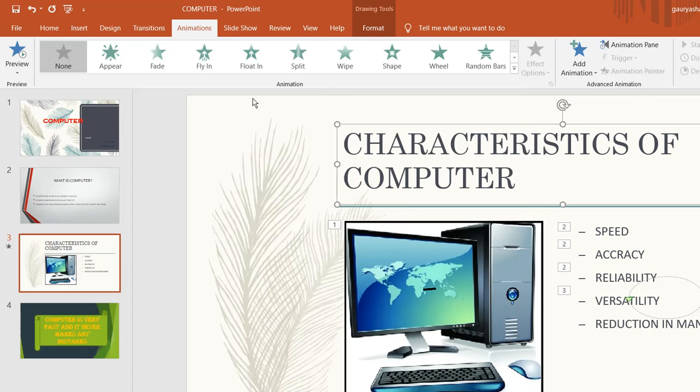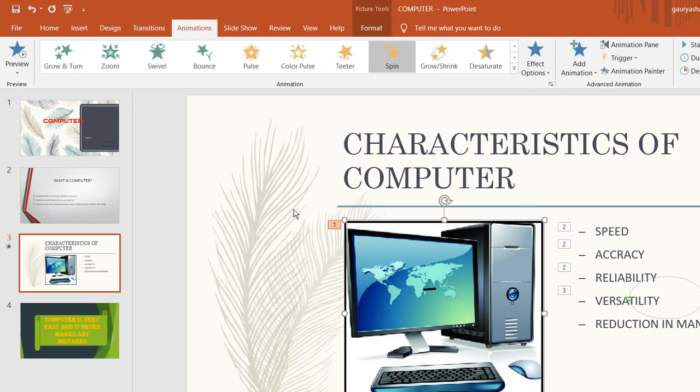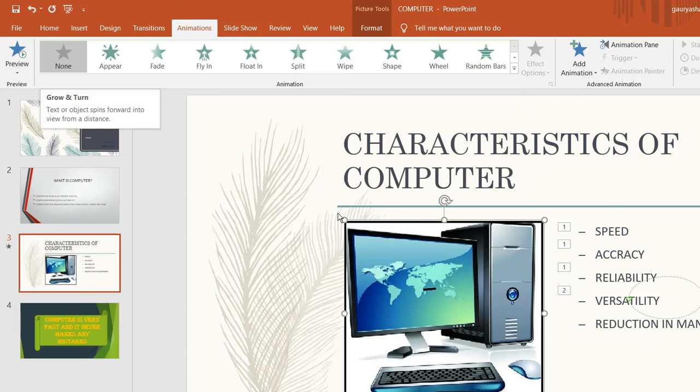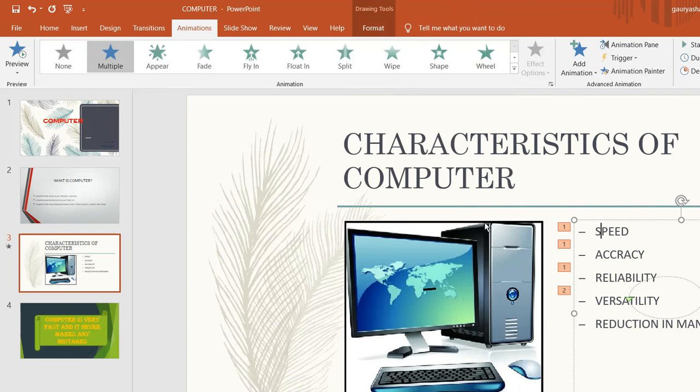You can see the animation is removed. If I want to remove the animation on the picture, I will just click on it and then click on none. So one by one we can apply the animation, and if you want to remove the animation, you can remove it also.